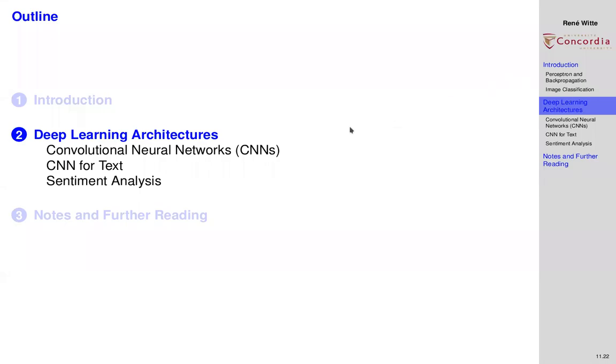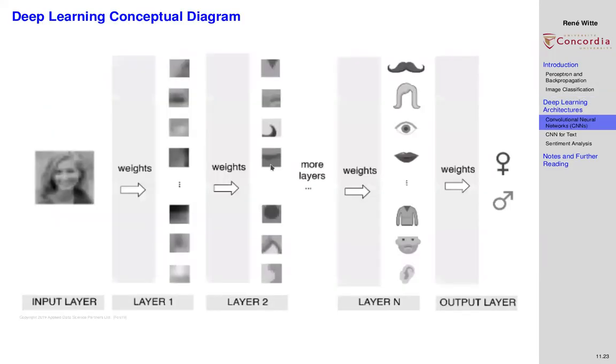Okay, so let's see if we can do better by applying a different neural network architecture. Here we'll see the first modern deep learning neural network architecture called a convolutional neural network, or CNN. As I mentioned earlier, in deep learning, what we do is we add more layers, and through the additional layers, we can recognize more and more abstract concepts in the image. So convolutional neural networks